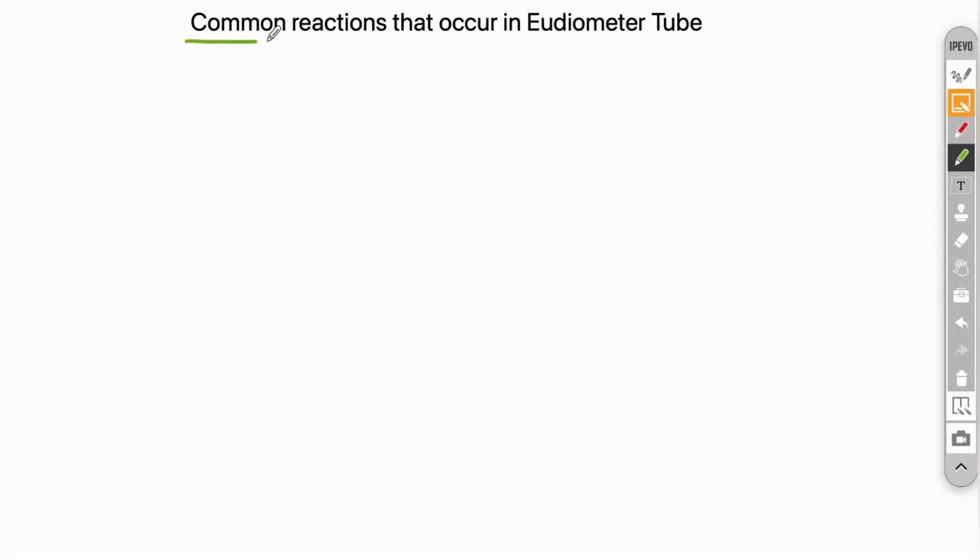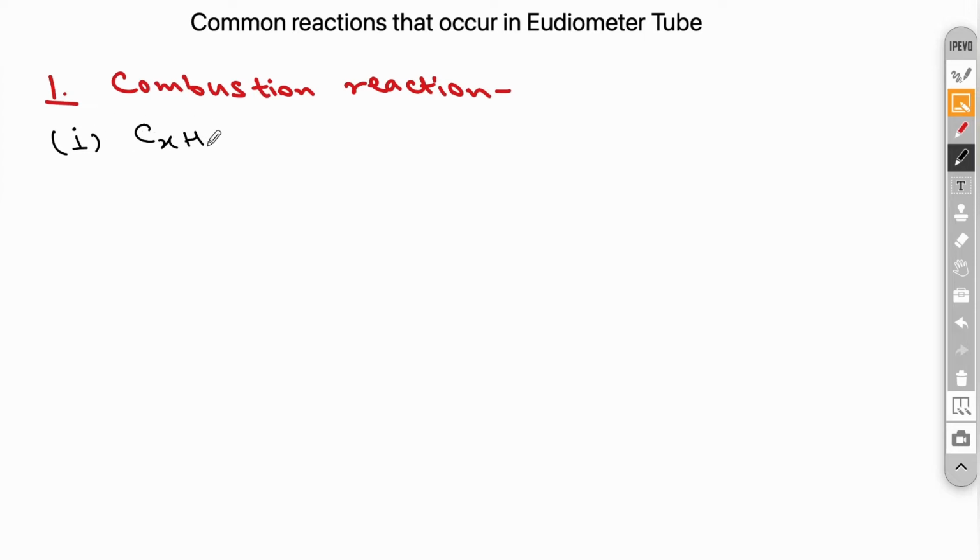Hello everyone. In this second part of Eudiometry, we are going to talk about some common reactions that occur in a Eudiometer tube. The first type of reaction that commonly occurs in a Eudiometer tube is the combustion reaction. So we'll write a few examples of combustion reactions that commonly take place in a Eudiometer tube. The first type of reaction is CxHy plus (x + y/4) O2 giving us xCO2 plus y